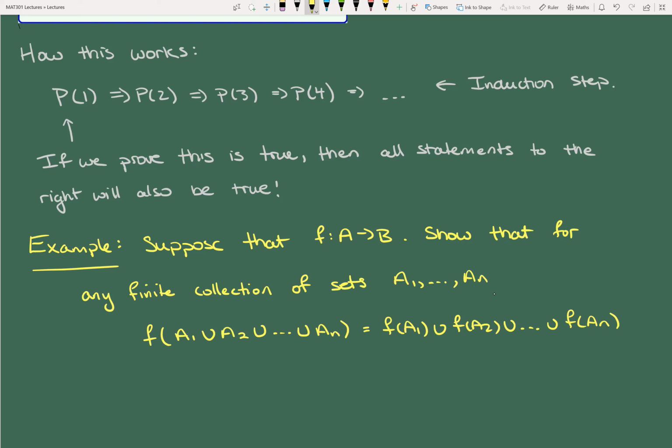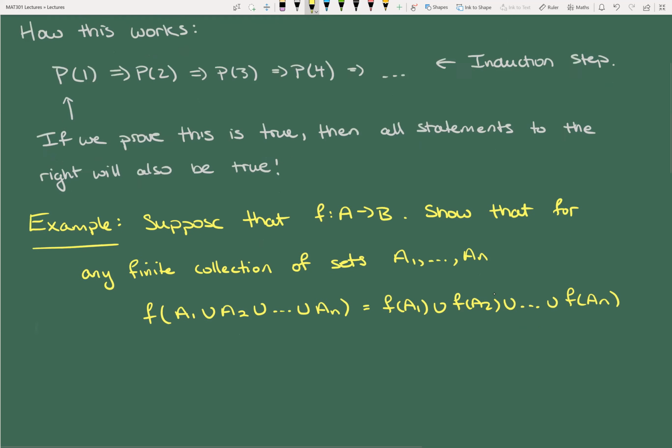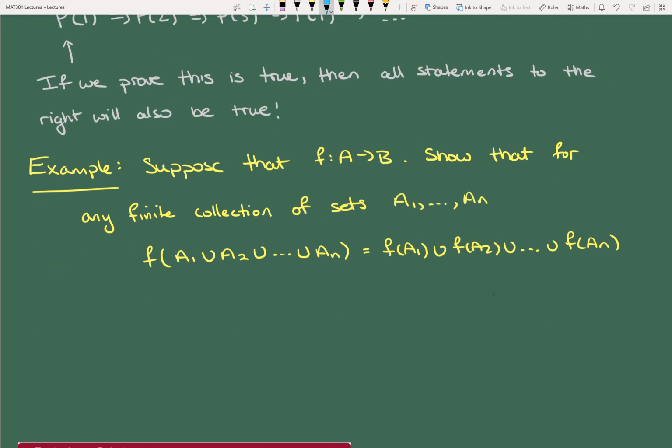And remember, is everyone okay with what I mean by f of a set, right? Like we remember that that's the image. Maybe let me just rewrite that in. So recall,